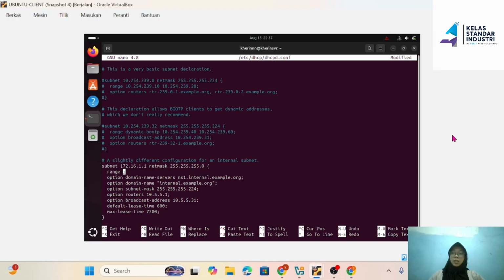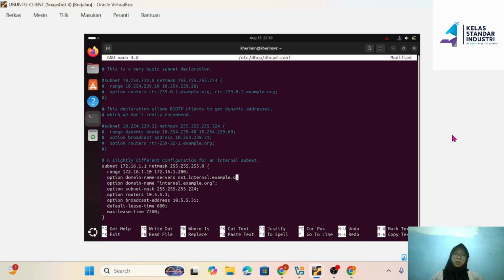In the range section, set it from 172.16.1.10 to 172.16.1.200. Next, change option domain-name-servers